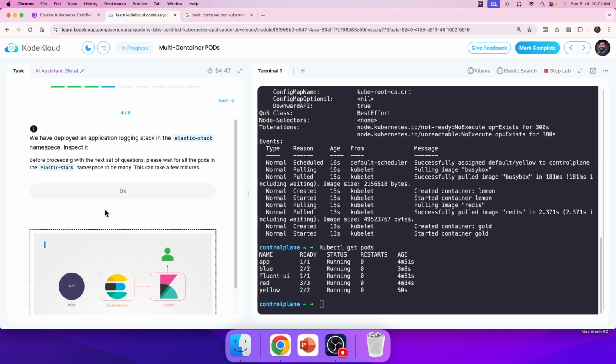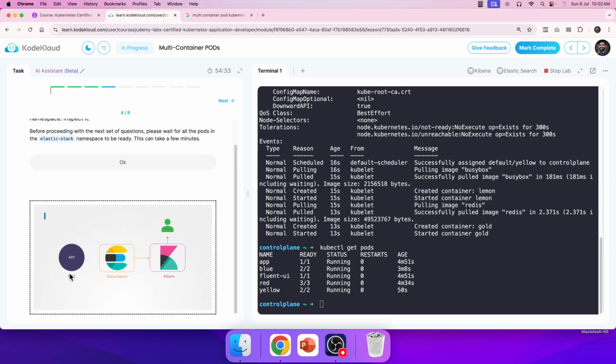We have deployed an application logging stack in elastic-stack namespace. Inspect it before proceeding with the next set of questions. Please wait for all the pods in the elastic-stack namespace to be ready. This can take few minutes. So here you can see the pod,